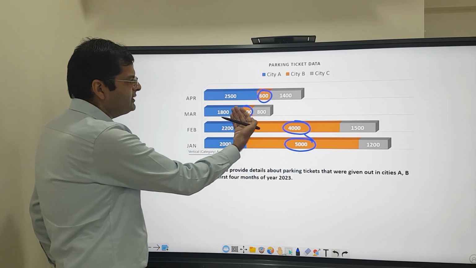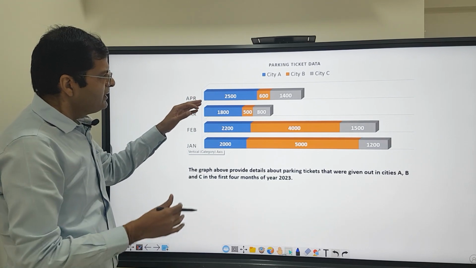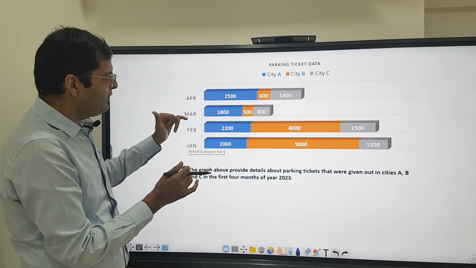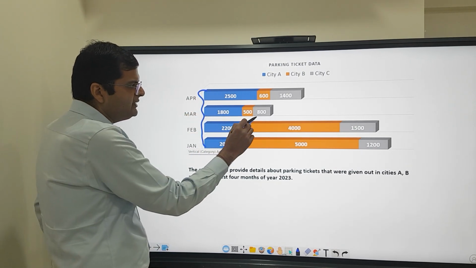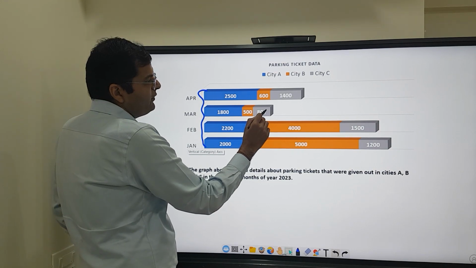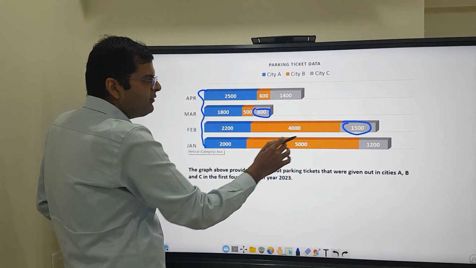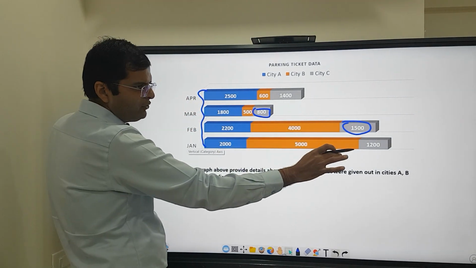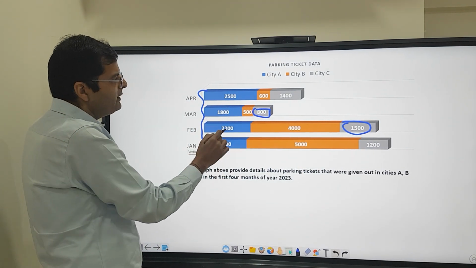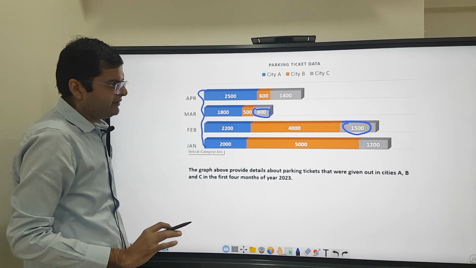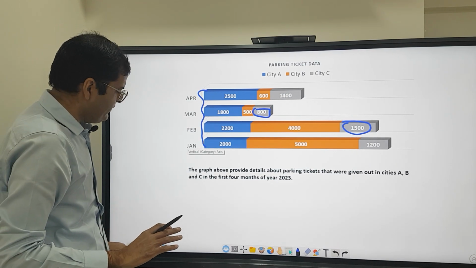If I now compare city A and city C to find the least standard deviation one. If you look at city A, the data is much more together, 1800, 2000, 2200 and 2500. So the data is much together. In city C, there is much variation. From 800, if you look at it, you go to almost 1500, which is double of 800. So with the smaller and the bigger value, the range is much bigger. And there is some fluctuation in data as well in between. Here the range is also not that big in terms of percentage terms, and the fluctuation is also not that big. So city A should be the city with the least standard deviation.